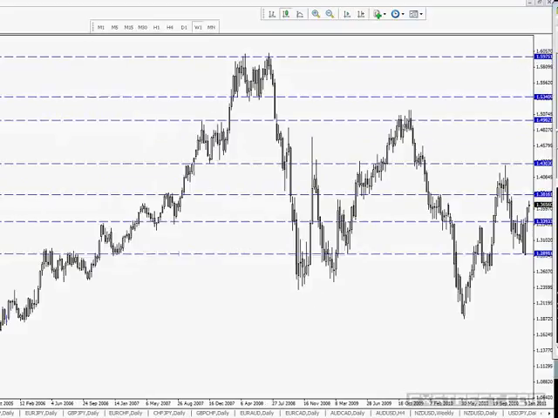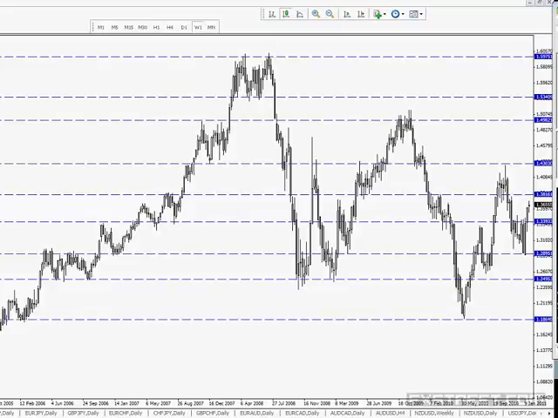So I'm just drawing some zones in here on the weekly chart and on the Euro here, and these are touches from above and below. If I ever get confused about a zone,